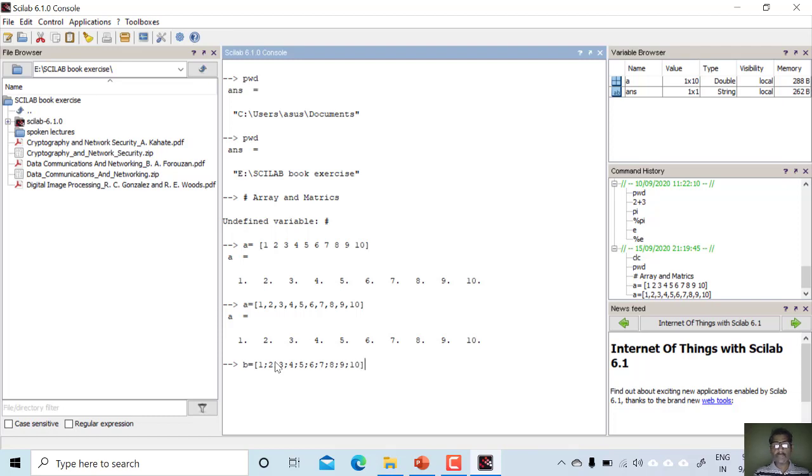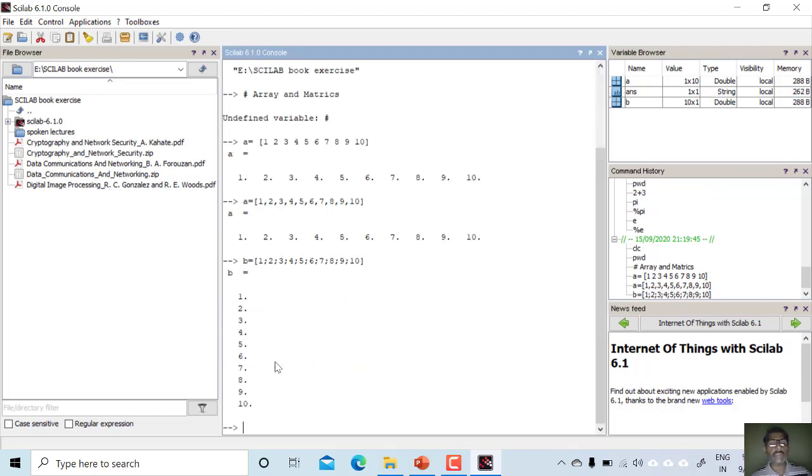These are the elements, and if we execute it, we can see that all the elements are being stored in different rows. So it is a column vector. In this way we have seen how we can write the column vector as well as the row vector here.